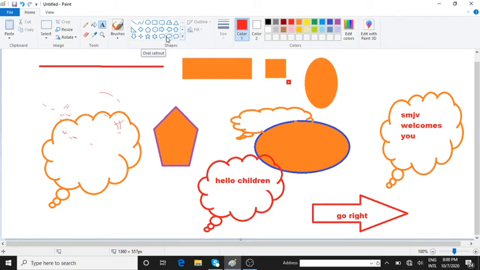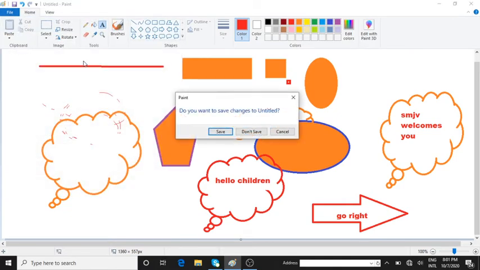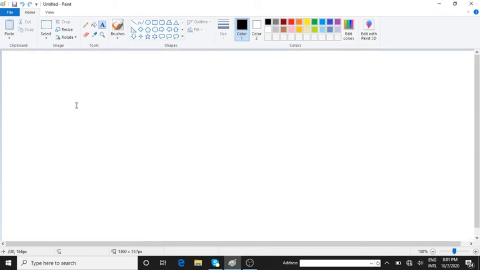Understood? So, now, here's a new theme what he has given. Drawing a New Year card. Shall we do it? Fine. So, let us draw New Year card using some commands from the tools group and shapes group. Okay? Let me do it. For doing that, I'll open a new page. Wow. Good. Now, let us draw a New Year card, okay?